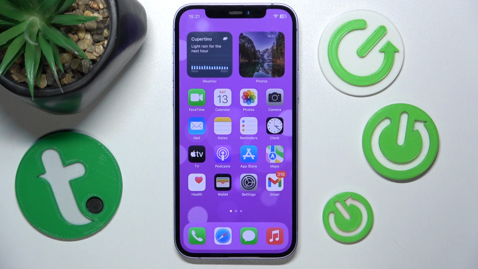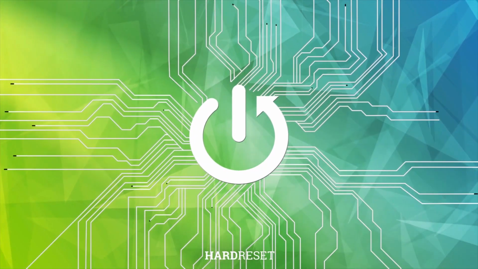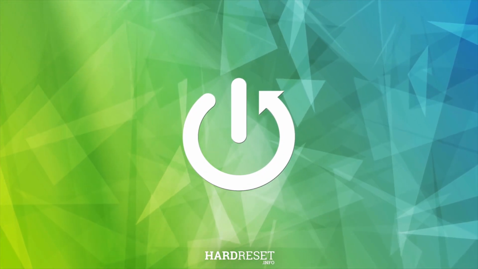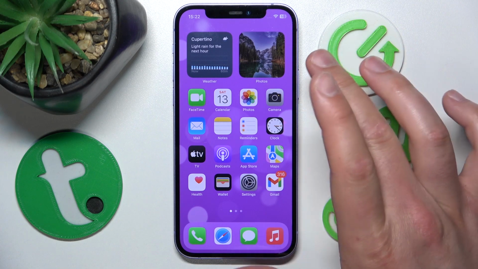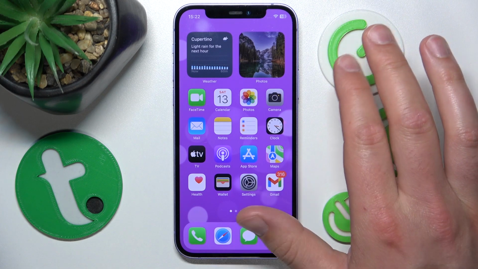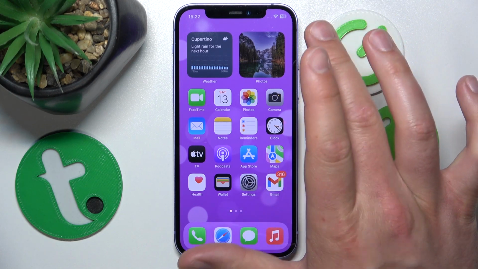Hello, in this video I'm going to show you how to turn off specific commands of the voice control on the iPhone. So, today in front of me is the iPhone 12 with the iOS 17.4, but it really doesn't matter which iPhone you have or which version of the iOS you have, it is all going to work all the same